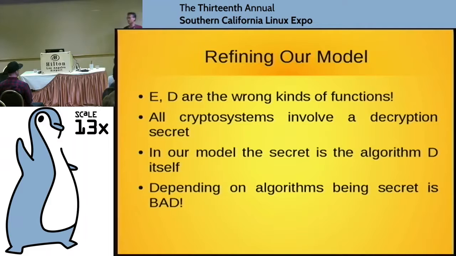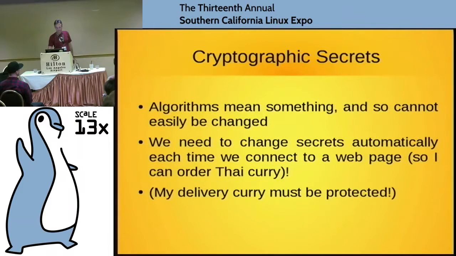And it's that knowing that secret is what makes it easy rather than hard to decrypt a ciphertext. But the only room in that model was for the secret to be the algorithm D. And one of the lessons of history is that that is an exceptionally bad idea. Why is it a bad idea? It's a bad idea because algorithms mean something. They're hard to find, they're hard to devise, they take a long time to test and gain confidence. You can't change them.